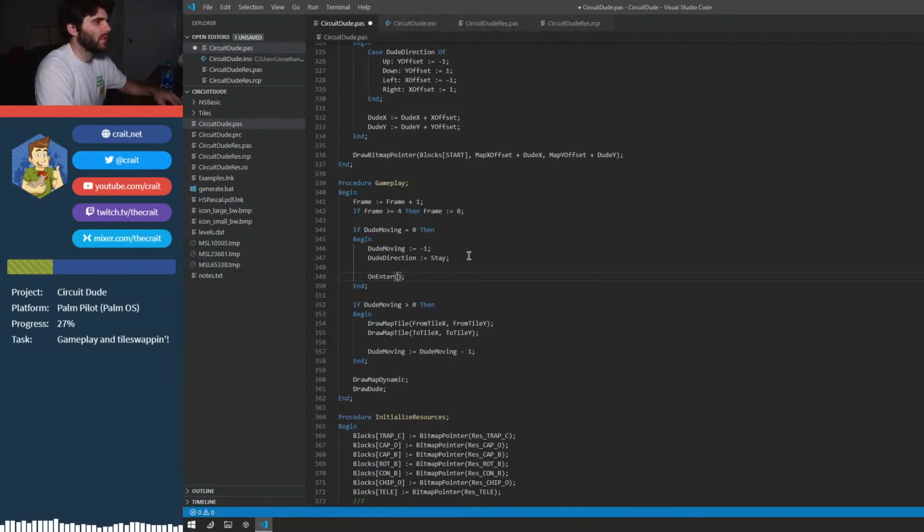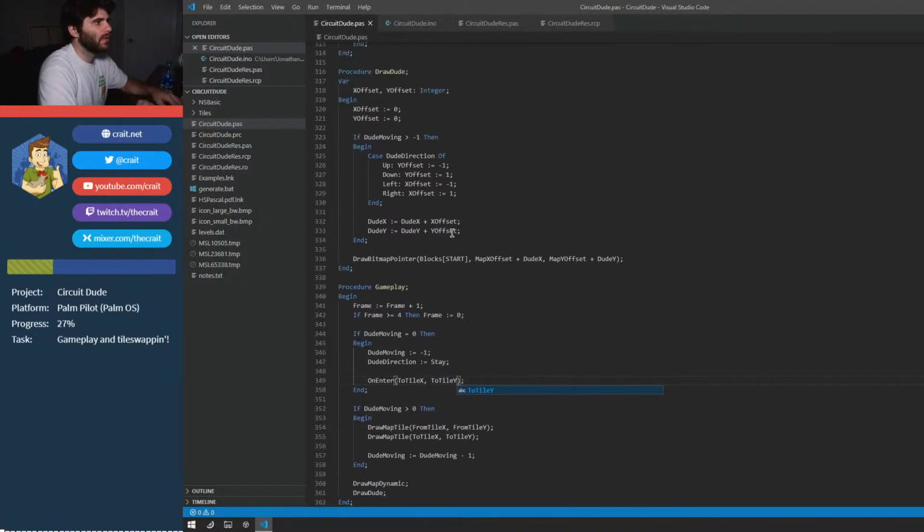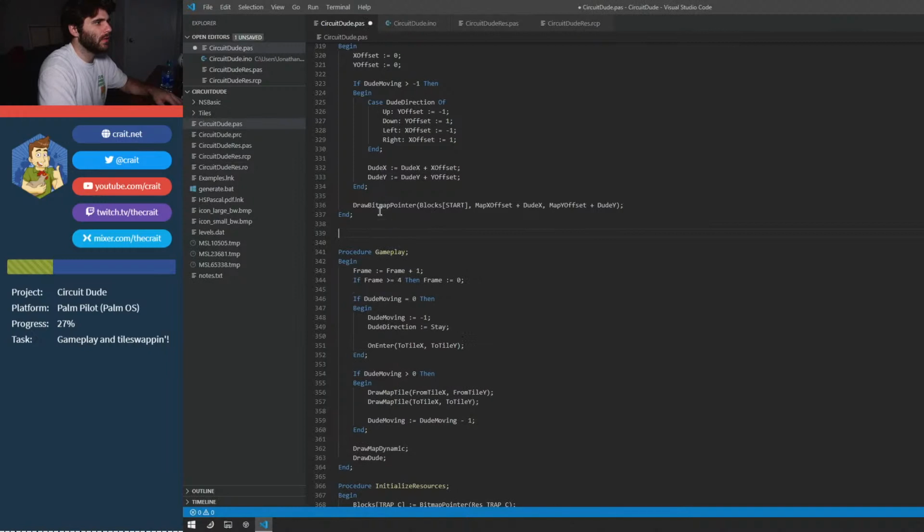Our on enter function is going to take the... I guess it doesn't have to pass it, but we'll go ahead and pass the location of circuit dude, which is 2 tile X and 2 tile Y, and call this procedure on enter. It'll take tile X, tile Y. Wait, is that how you do it? No, like this. Integer,